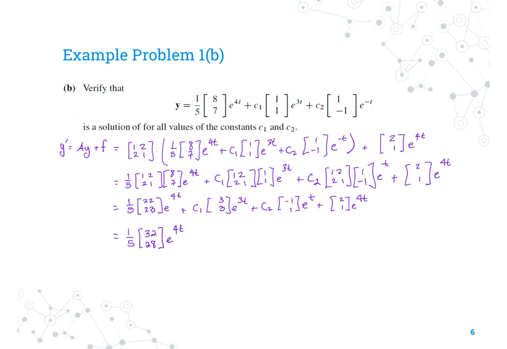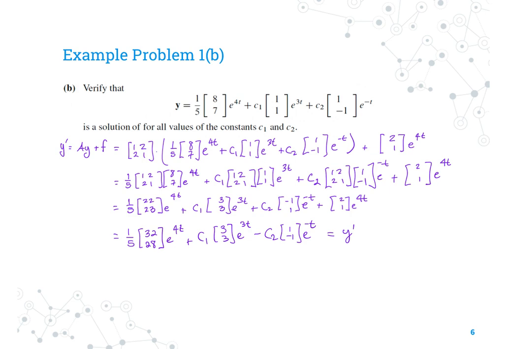Total e to the 4t, plus C1 times 3, 3, e to the 3t, plus C2 times negative 1, 1, e to the t. So if I were to make one small adjustment here and made this instead minus C2 times 1, negative 1 — oops, I forgot my negatives on those e to the t's — then we would see that this is really